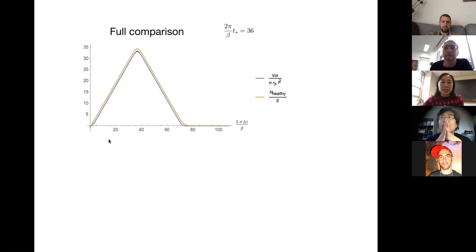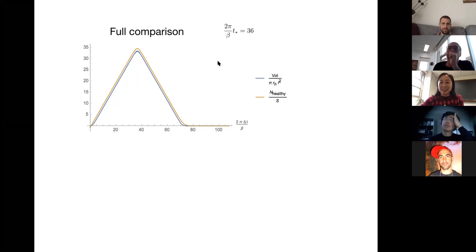Here is the full comparison here. Let's say I take t star equal to 36, not too large. If I take t star much larger, the picture will be much prettier, but somehow Mathematica is doing something funny when I take t star too large. The blue line here gives the volume of post-collision region as a function of delta t. The orange line here gives the number of healthy gates as a function of delta t. One sees that up to a shift of order 1, they basically match